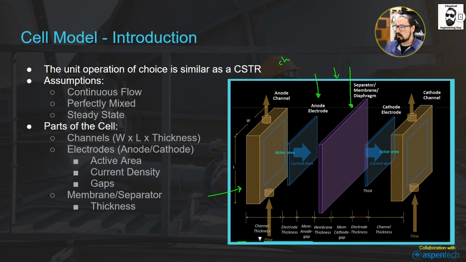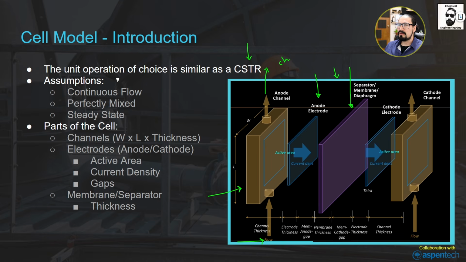But for now, I want to show you that there is a flow of feedstock and a flow of product, depending on the location. One of the main questions when you are modeling, especially when you are working with a product like Aspen Plus, is which unit operation could be similar to the operation that we are using. And back in the day, they used to model this as